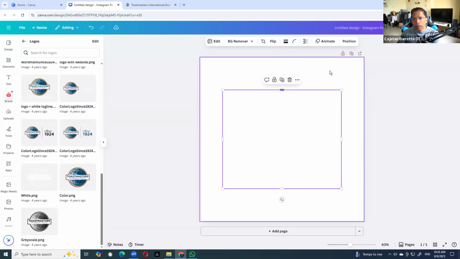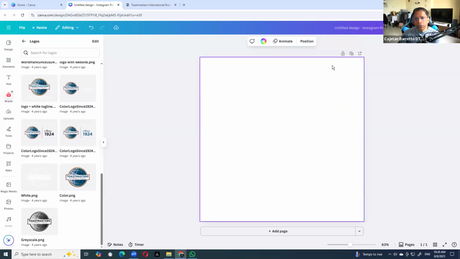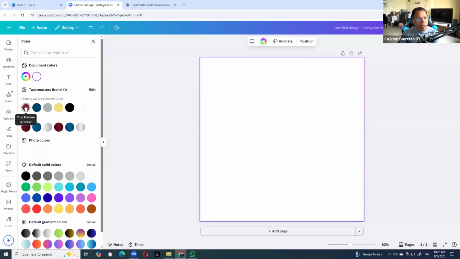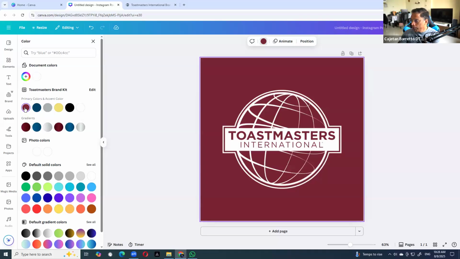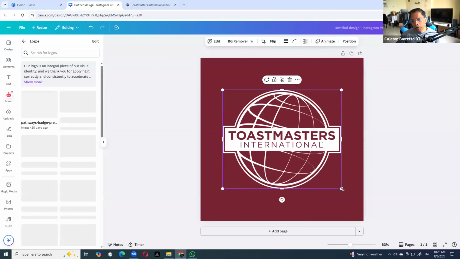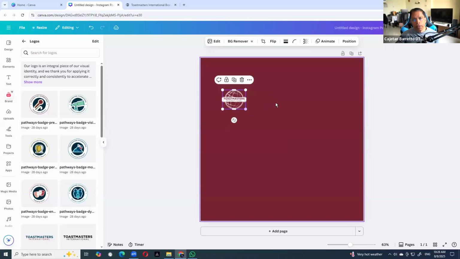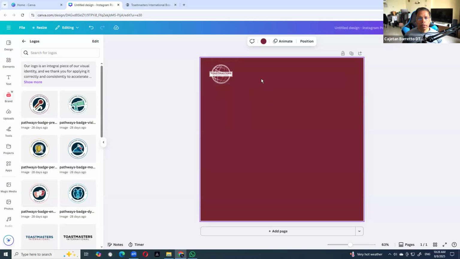So what happens if I was to change the background to one of the Toastmasters backgrounds? And now see the difference, right? It pops out. And that's why we have all these different versions of the logo to use in the right situation, to create the right contrast so that the logo is clearly visible and becomes a unique identity of your design.